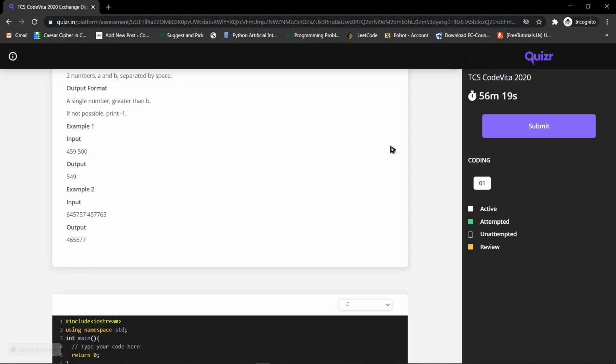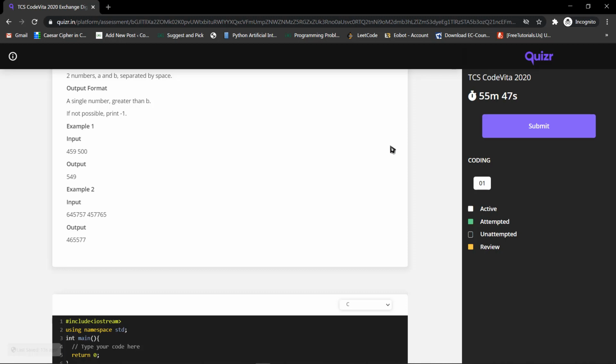First we are going to sort every digit of our number a, and then we are going to find all the possible permutations of this number, and then we are going to compare every number we get with b. As the digits are in ascending order, as soon as we encounter any number that is greater than b, we simply break out of our loop and print that number. But in case we don't find any number, we print -1.